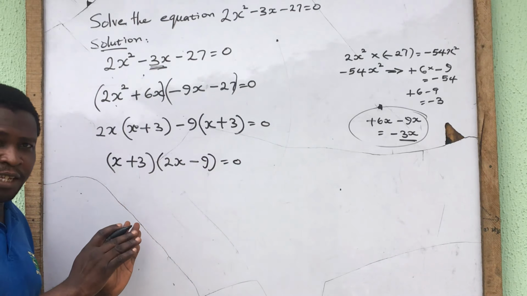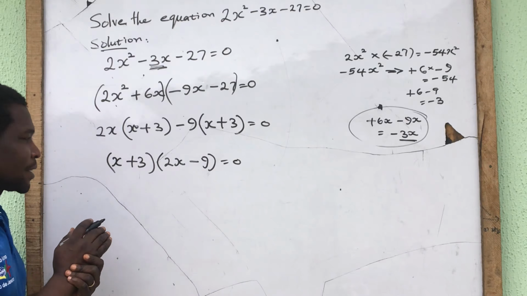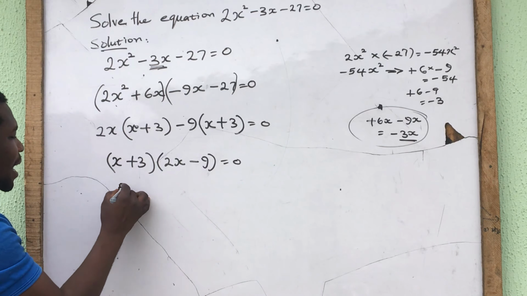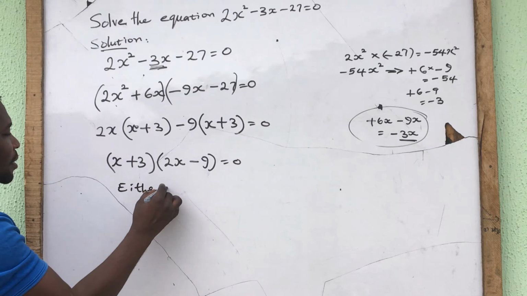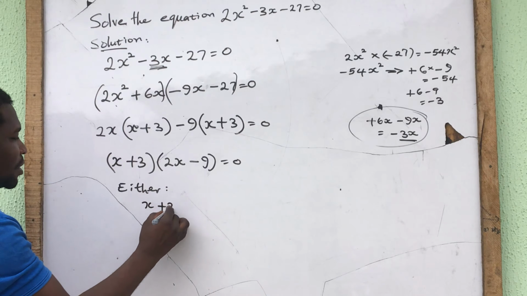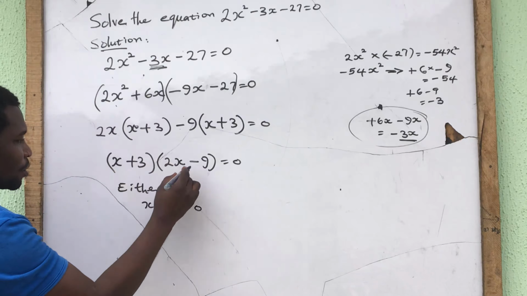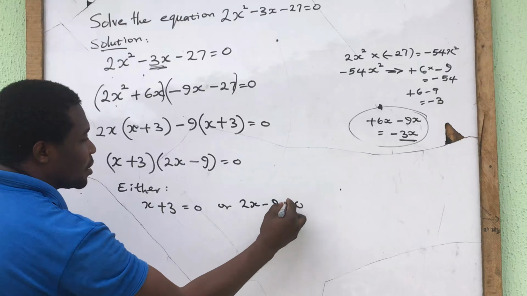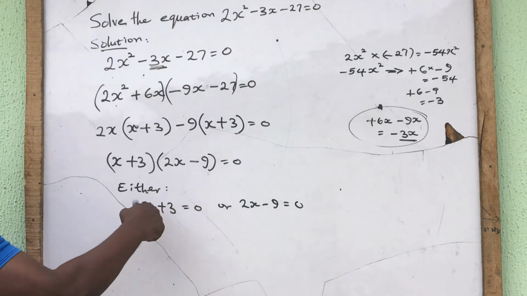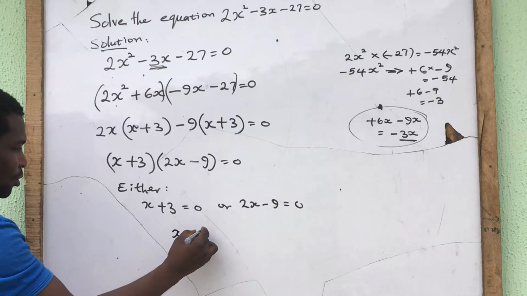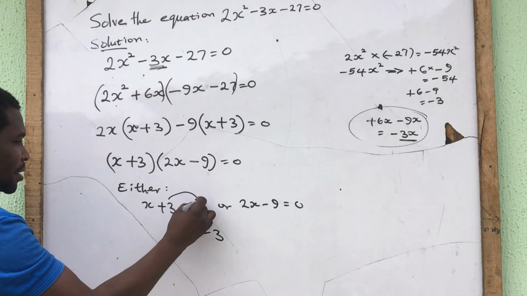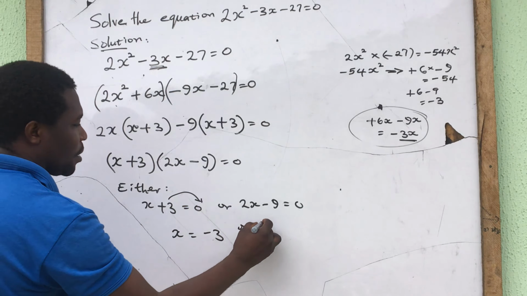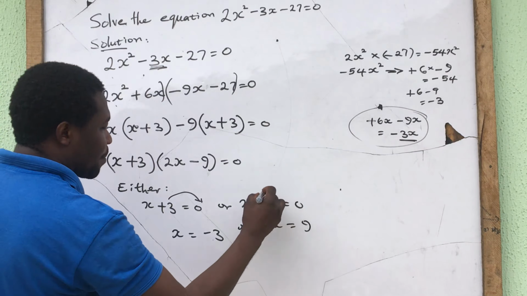So we have factorized it now. To get the value of x, either x plus 3 equals 0 or 2x minus 9 equals 0. So it's not very difficult for us now. So x equals minus 3 by bringing this one here, or 2x equals 9 by bringing this